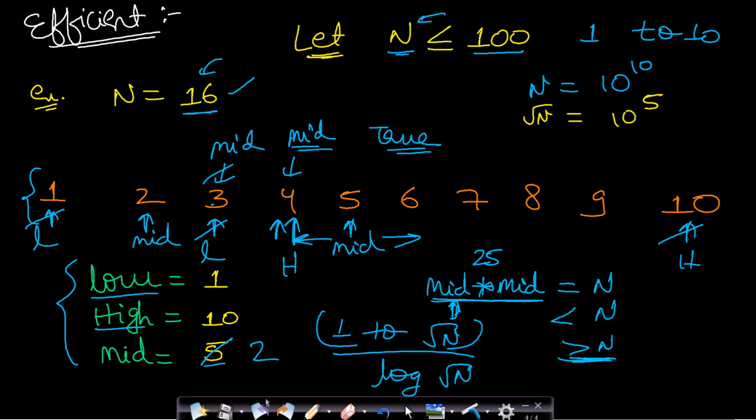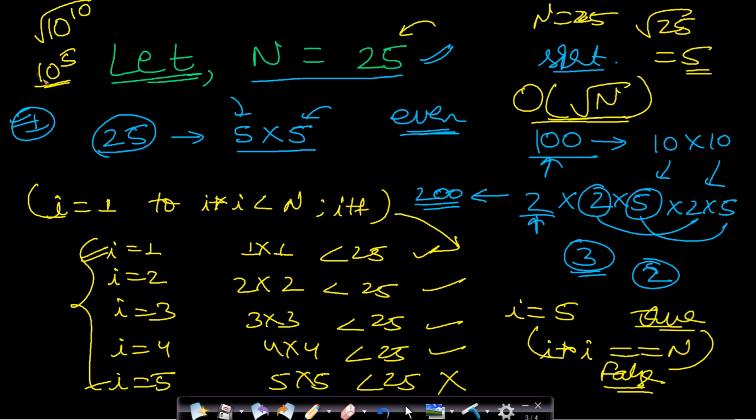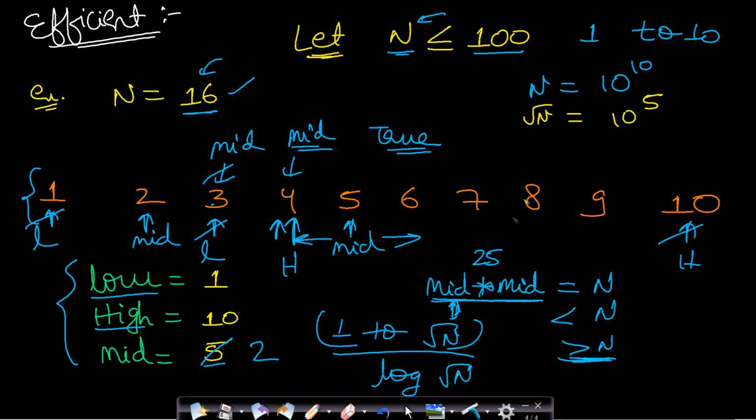Our previous method was running in root n, that is 10 to the power 5. Now if you take log of root n, then it will only be equal to 5, since we are dealing in base 10 numbers. So you can see how optimized this approach is. The previous approach might have seemed optimized, but to find a number around int max, it will take 10 to the power 5 computations. By using this method, it will take only 5 computations. So there is a huge difference between these two methods, and this is one of the most optimal approaches.